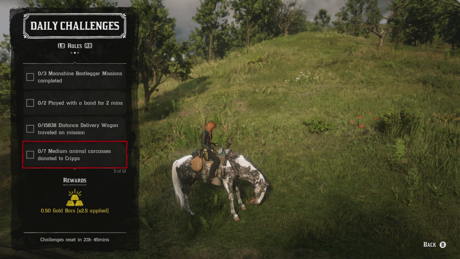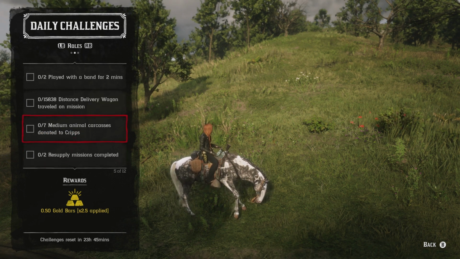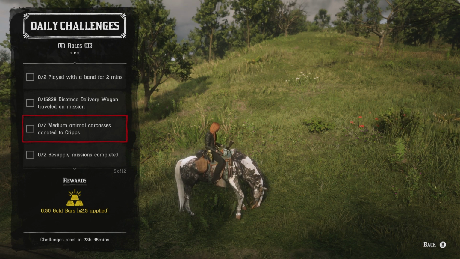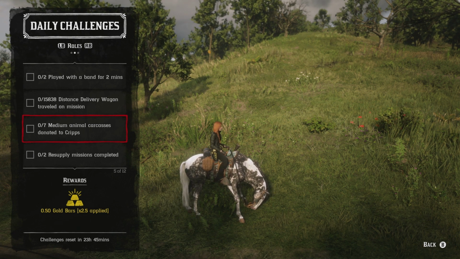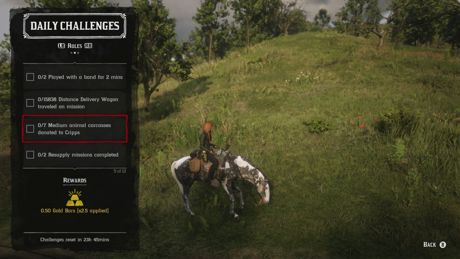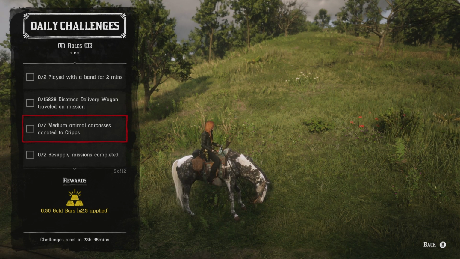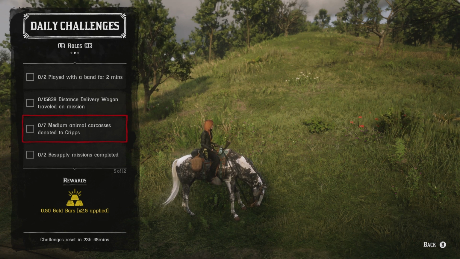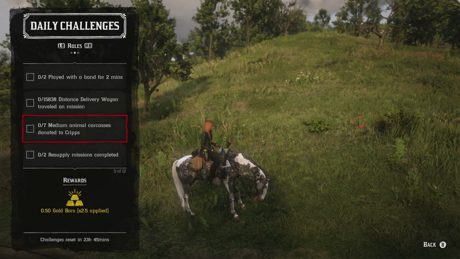15,838 distance. We have 7 medium animal carcasses donated to Cripps. That's going to be anything on the side of the horse for the most part. You're looking at any of the birds, so condors, hawks, eagles, turkey vultures, turkeys. We got rabbits, Virginia possums, raccoons, and anything else that you can put on the side of the horse. Just donate the full carcass. Don't pluck it. Don't skin it. Don't do anything. Just deliver it to Cripps completely. Or you guys can use your bunny, or not the bunny wagon, but the hunting wagon to get that one